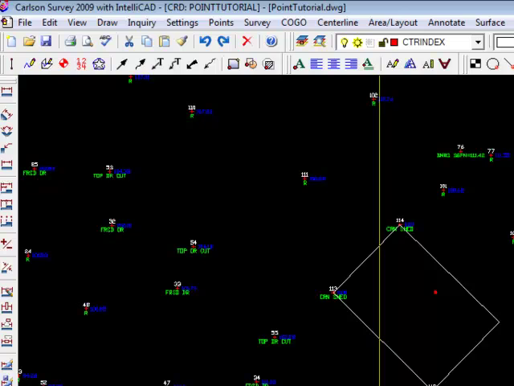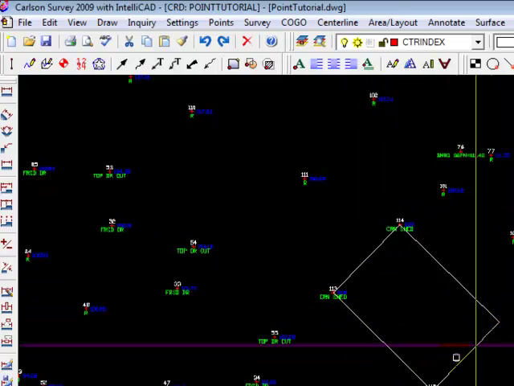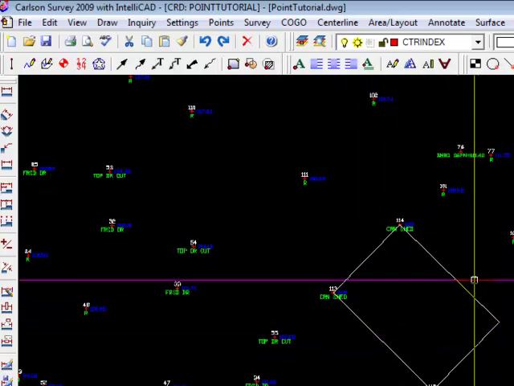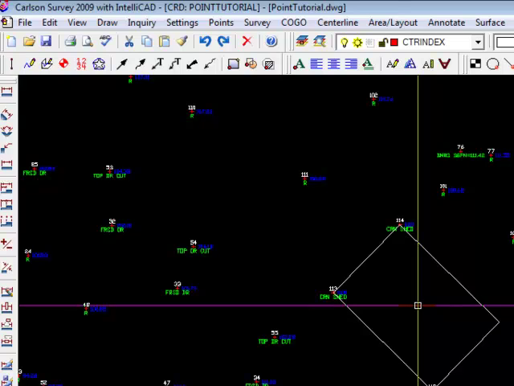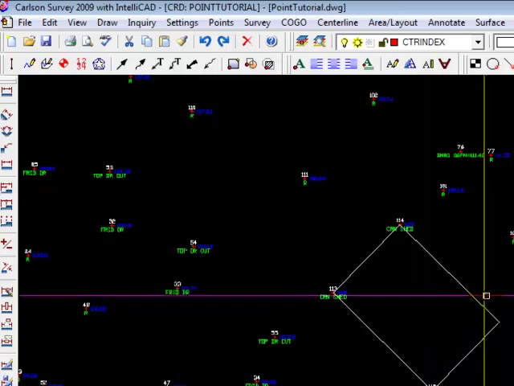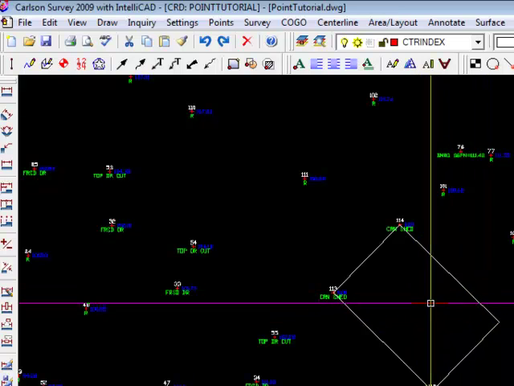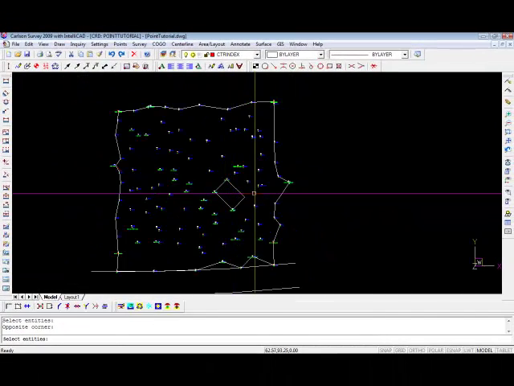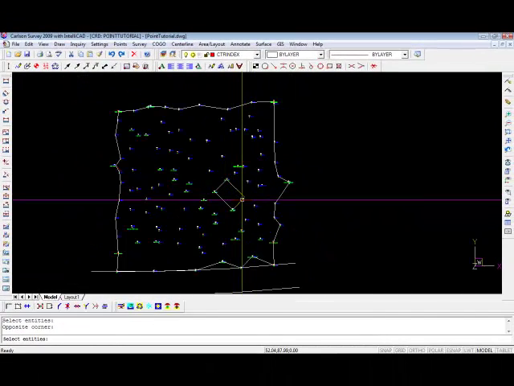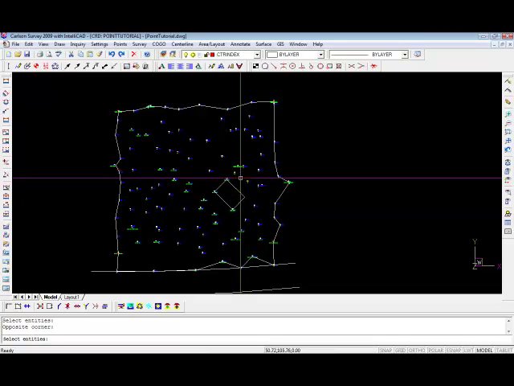If I had drawn this building as a polyline, I could have selected it and it would not have drawn contours through it. It would have excluded contours from inside of that polyline. But because they're just lines, I don't have that option available to me. But I will show you how to turn lines into polylines in the future. So we're just going to take our defaults,